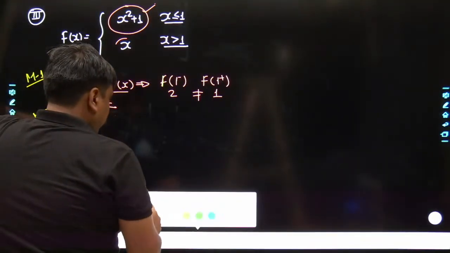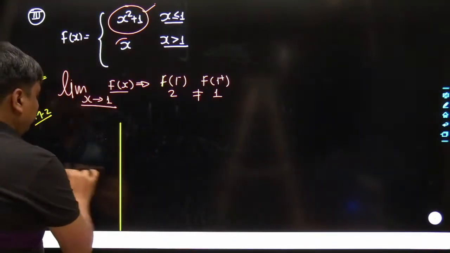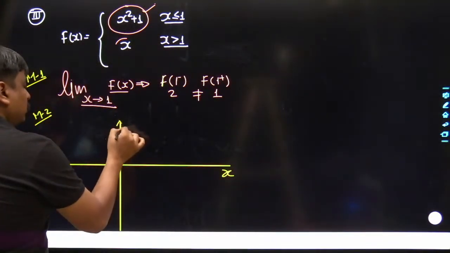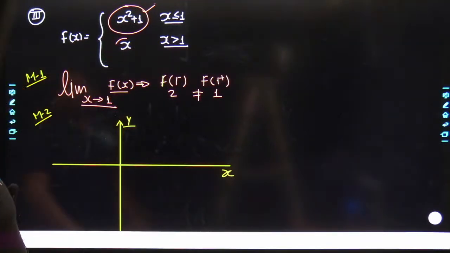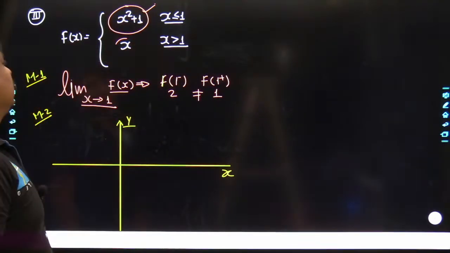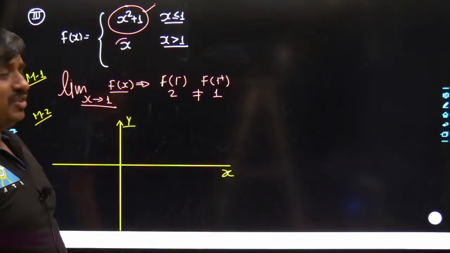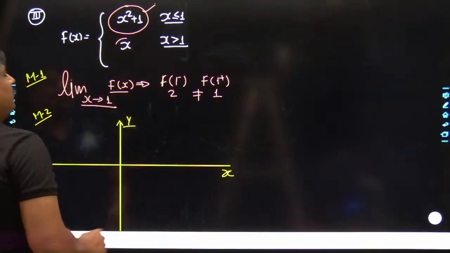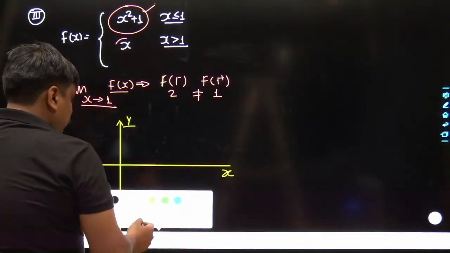For that, I am going to take an xy plane. Here goes the vertical axis, here goes the horizontal axis. It becomes the horizontal axis, it becomes the vertical axis. As far as the upper facing parabola is concerned, y equals x square used to be an upper facing parabola which crosses through the origin, but now it has got lifted by 1 on the vertical side. So what would be the structure? The structure would be sort of